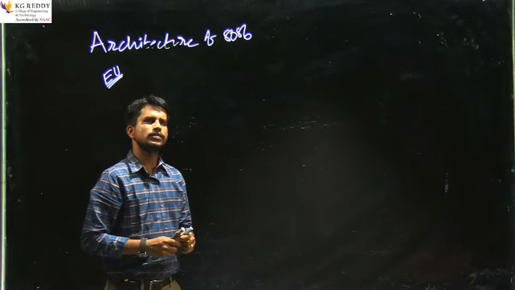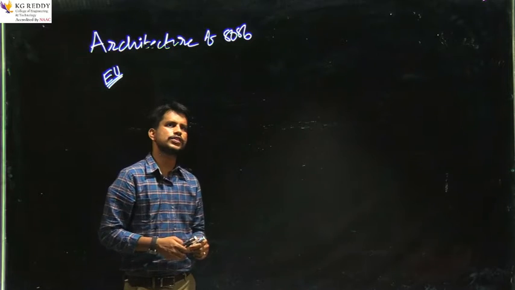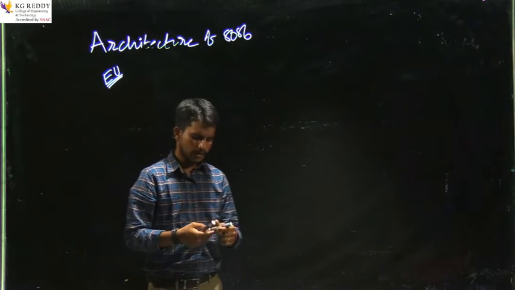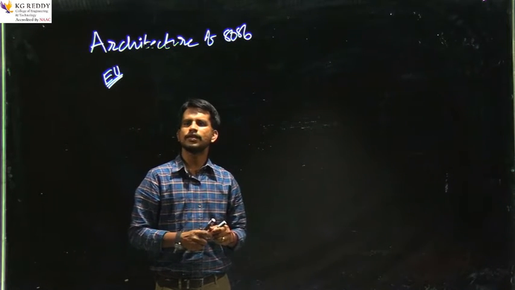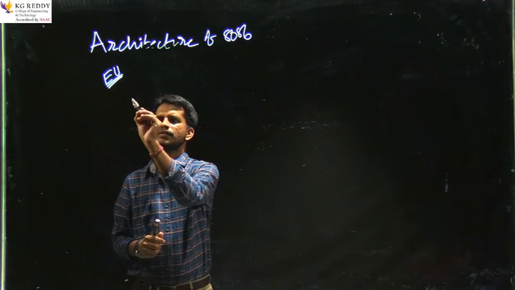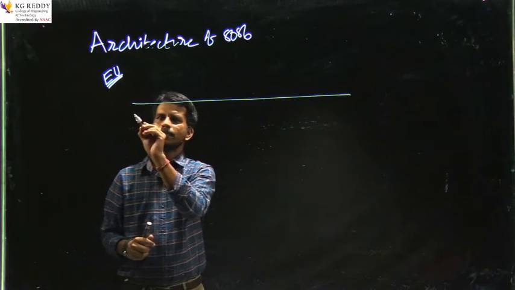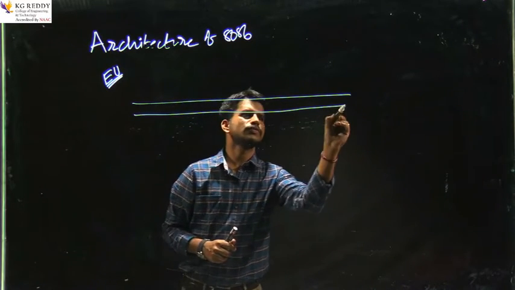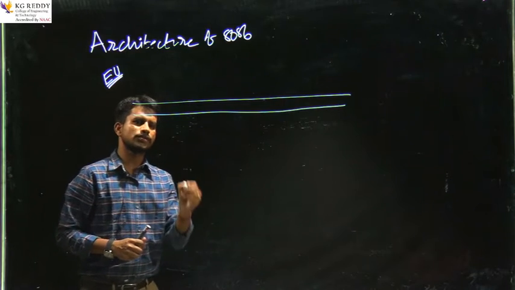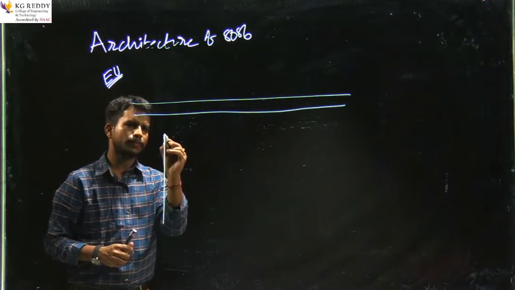Okay. Till now we discussed the bus interface unit, the first section of the 8086 architecture. Now let's discuss the second section, the execution unit. The execution unit starts with the big bus, the A bus, and consists of another set of registers: general purpose registers, index registers, and pointer registers.